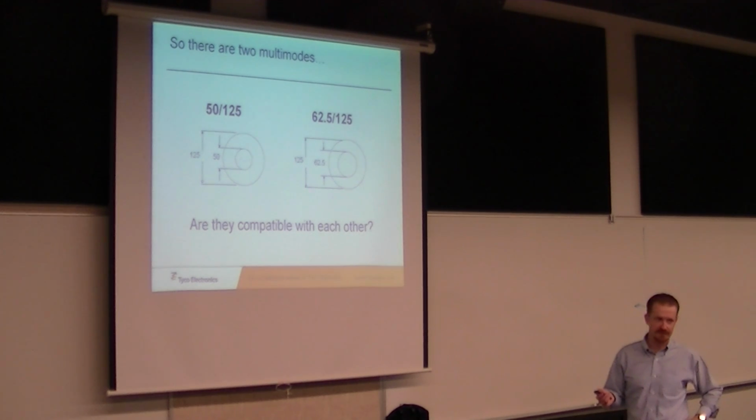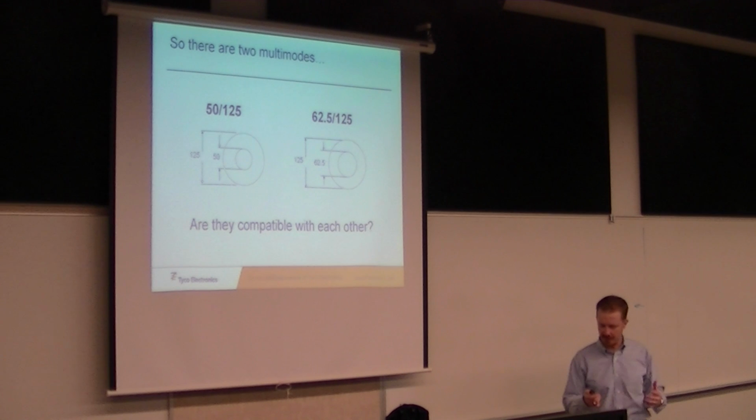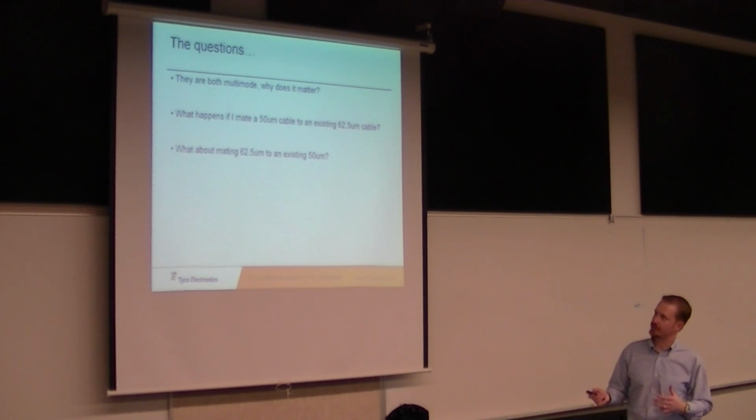I'm going to breeze through a couple of these slides here just because I know we're getting tight on time. But the idea is, there are questions, sometimes people try to mate their multi-mode, they try to mate these two together, the 50 micron and 62.5 micron. Well, what's the problem with that? So I'm going to breeze through some of these questions. I have a series of